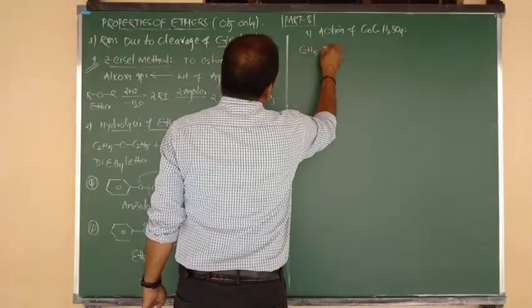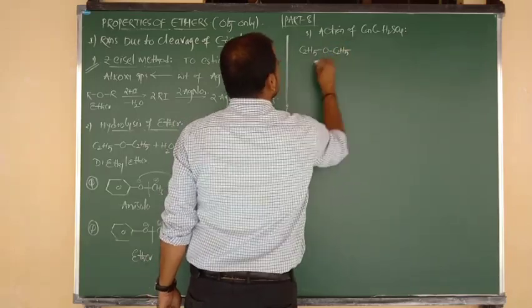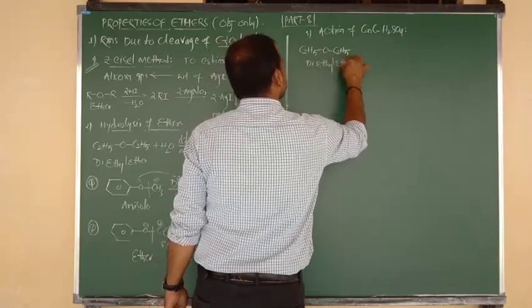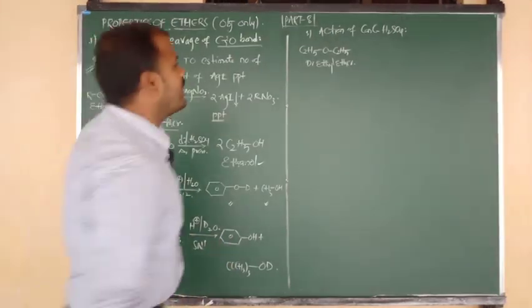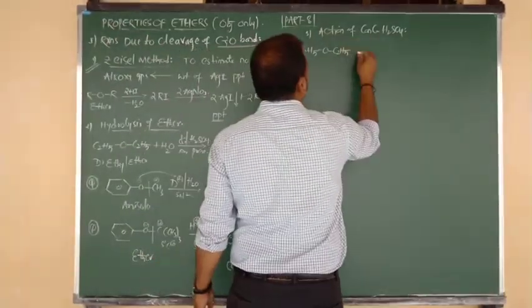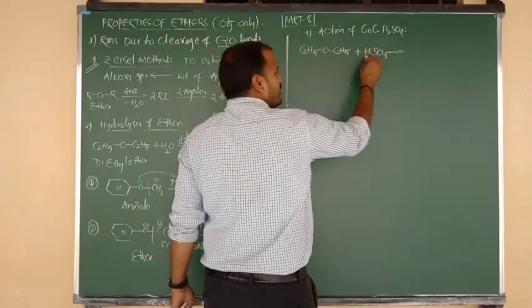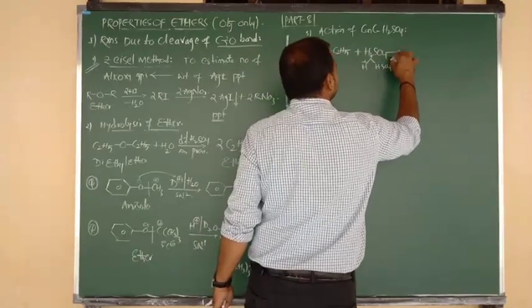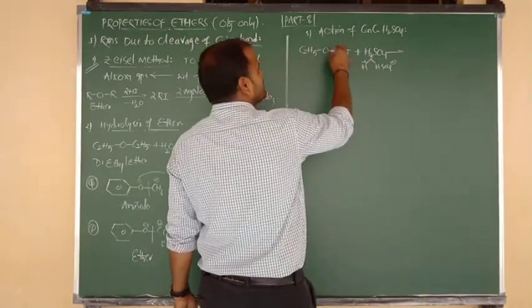Diethyl ether, formula C2H5O, again O bonded to C2H5. What is the name of this compound? Diethyl ether. Such diethyl ether undergoes heating with what, beta? Concentrated sulfuric acid. Upon reaction with concentrated H2SO4, now this one we can divide into two forms. One is H plus ion, one more is nothing but HSO4 minus. Yes or no, beta? So with H plus, first suppose a bond is going to break here.